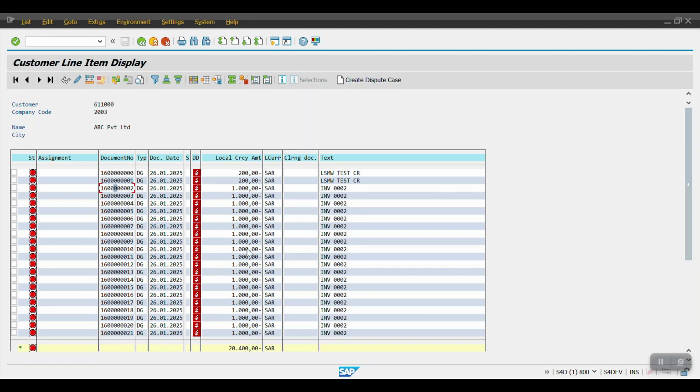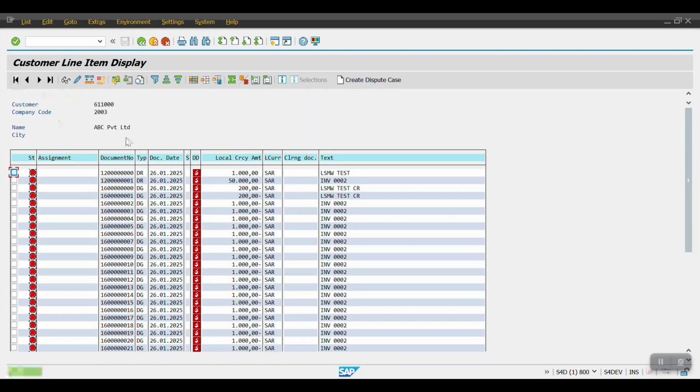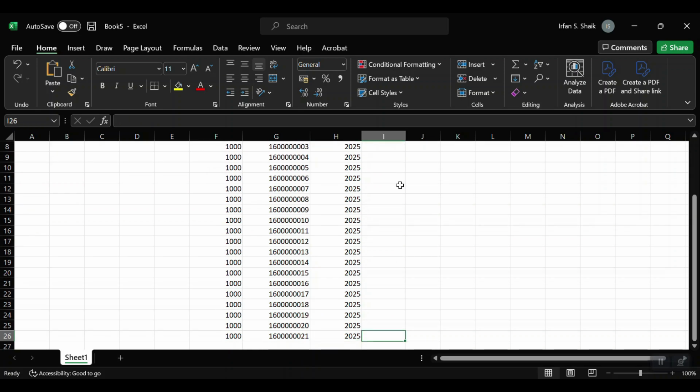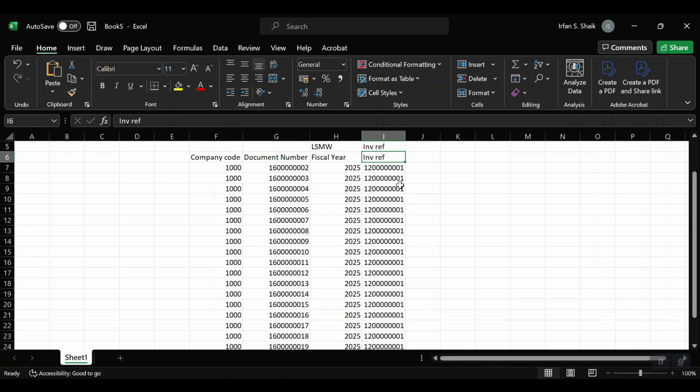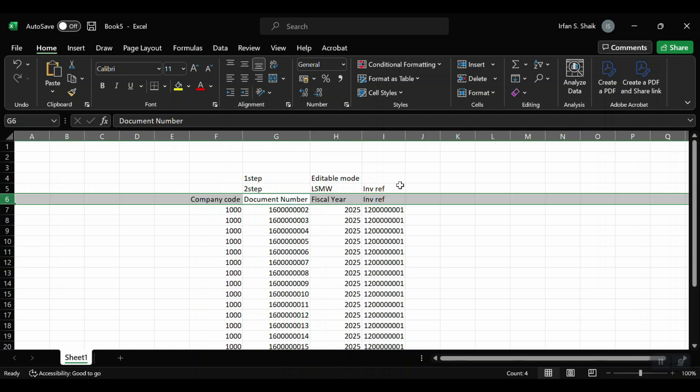So if I go here, let me go one step back and execute it again. Yeah, this is my invoice number which needs to be updated against each credit memo. Yeah, my file is ready now. And then this is the second step we are processing, and after the second step we should have one more step,